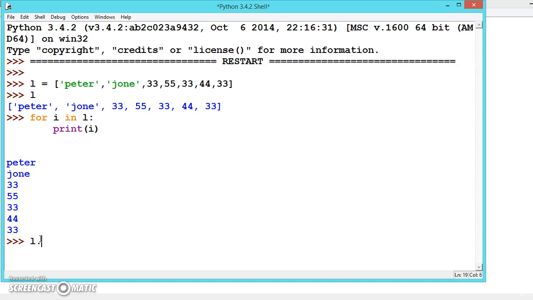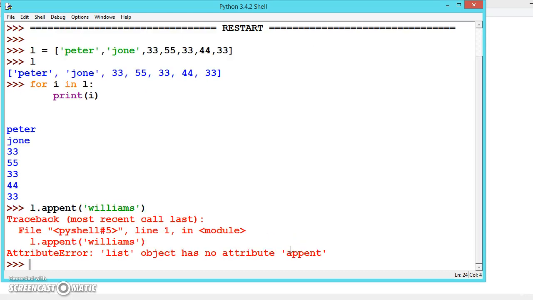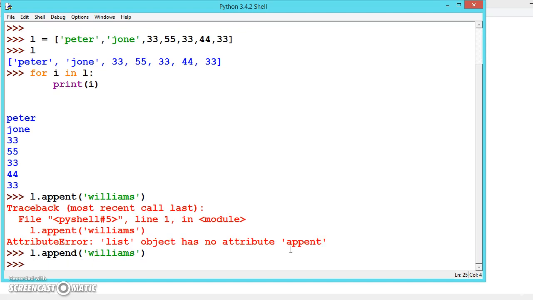We have L dot append. This method will add a value to the list. Let us say Williams. L dot append Williams.